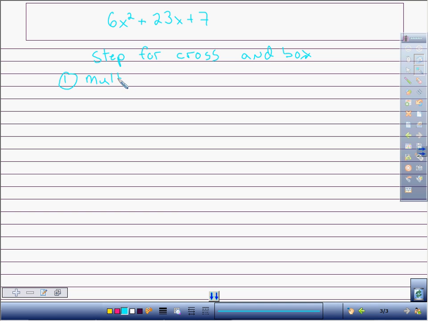multiply the first and last term, or coefficients. Should I call them coefficients, or first and last constants? Terms? We'll just say terms. The constant and the leading coefficient. Yeah, first and last. Let's just call it numbers, because all that terminology will get confusing. Okay? 2. Then we put